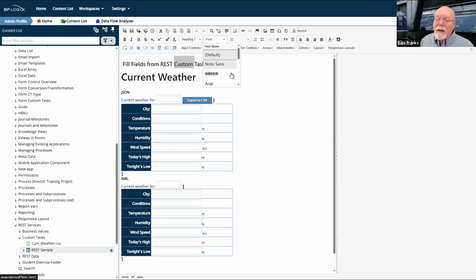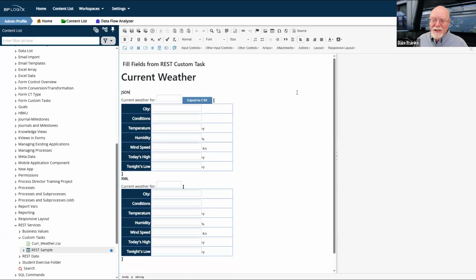But I've added these two fonts through a custom configuration, and having done so, they now appear in my dropdown whenever I'm creating forms. So I always have access to Noto Sans, and I've even gone further and made Noto Sans the default font for both the online form designer and for the text editor when you use it in input controls and for a rich text input control.